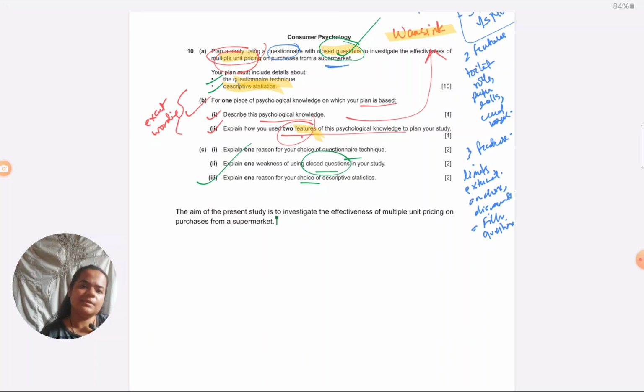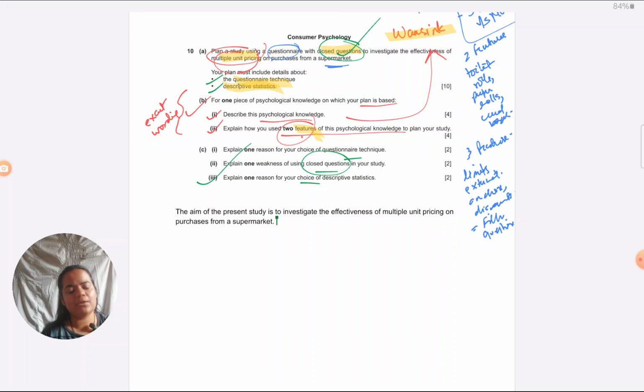Now, coming to some general features that we need to cover. We need to talk about the sample of the study. When it comes to consumer psychology, what is relevant? So many features can be of a sample, but what are relevant features besides standard features like age and gender? Things like income level of participants, or relevant to what the question is, supermarkets, or some shopping experience that they have. If instead the questionnaire had something to do with restaurants, then dining experience which they have. These type of features can be relevant.